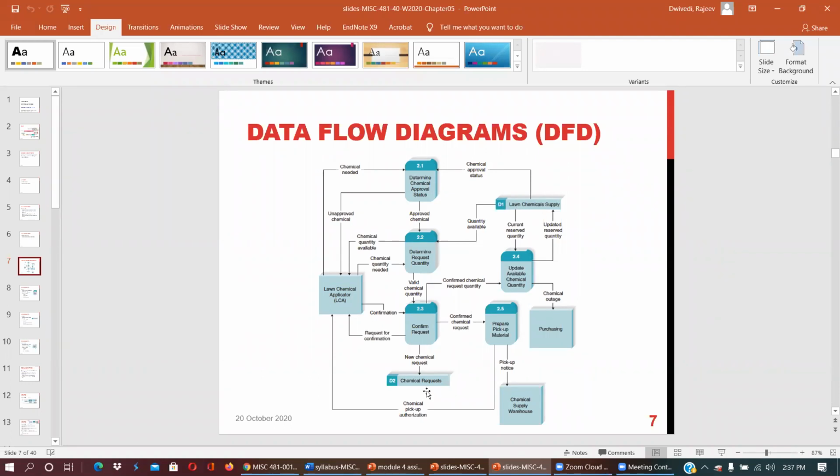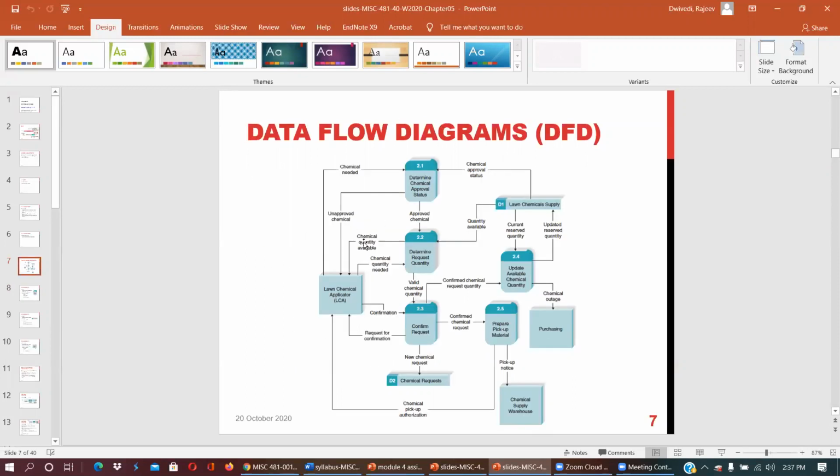D1 is lawn chemical supply, D2 is chemical request, and at the end, the chemical supply warehouse. So this is the way a process looks with the help of a data flow diagram.